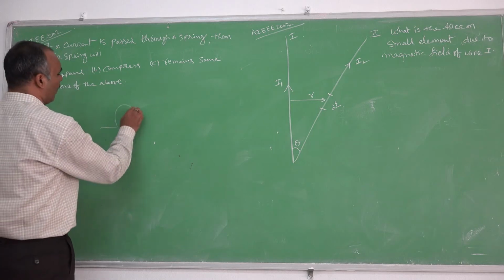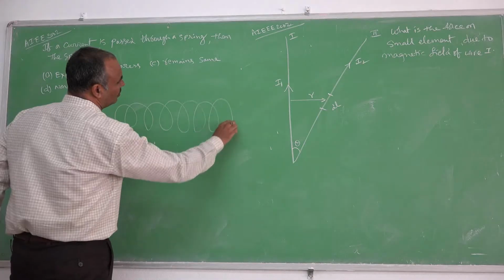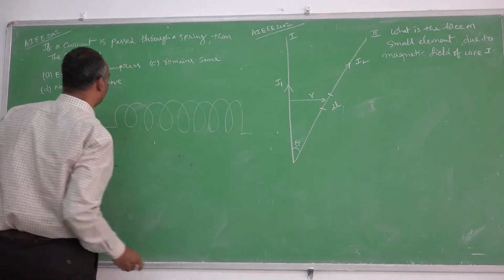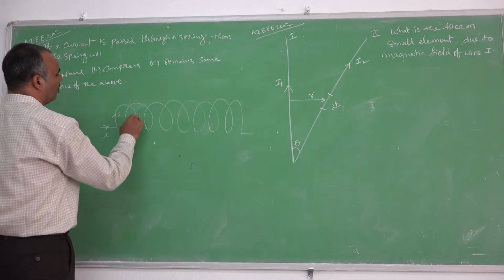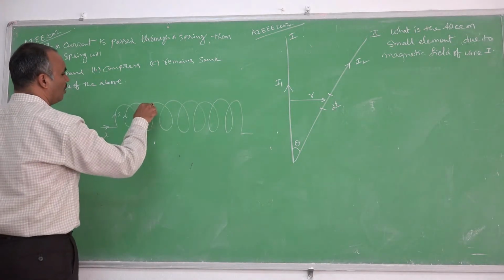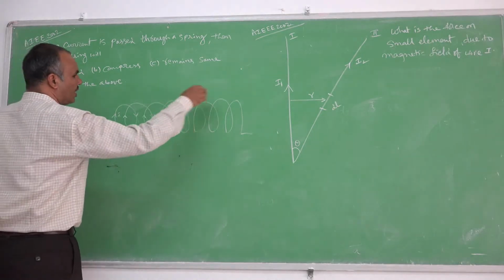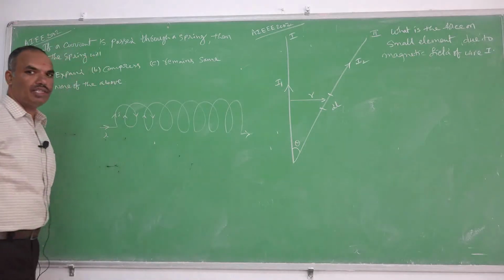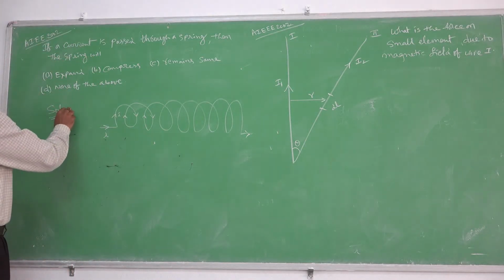Suppose here is a spring. The spring is like this. Whenever we allow the current to pass through the spring, the current will go like this. It will come down and it will go up. Again it will come down and it will go up. So it follows that trend and it leaves the spring like this. So if you observe clearly,